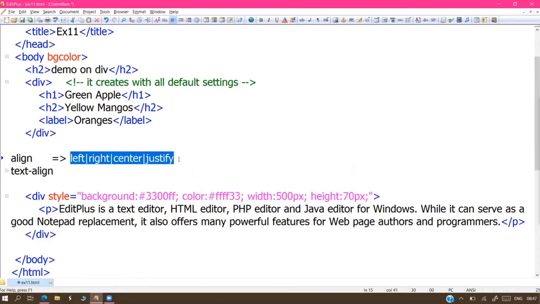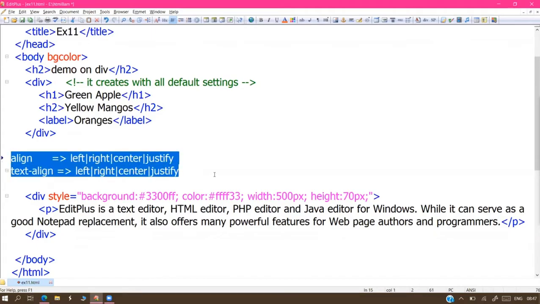These words are very popular in MS Word. In the MS Word home menu, if you go to alignments, four icons are available: left, right, center, and justification alignment. The same four values we assign to the two properties. They take the same values, but the meaning is different.